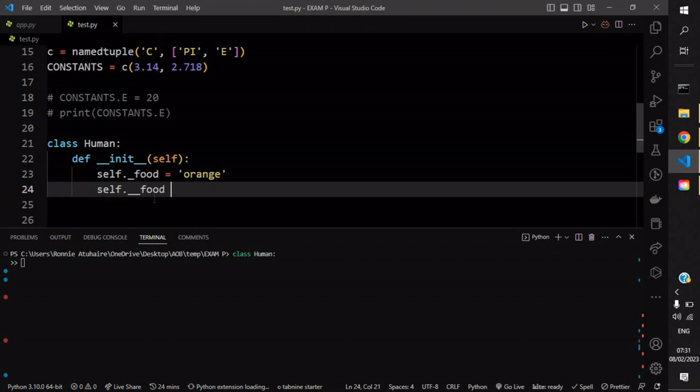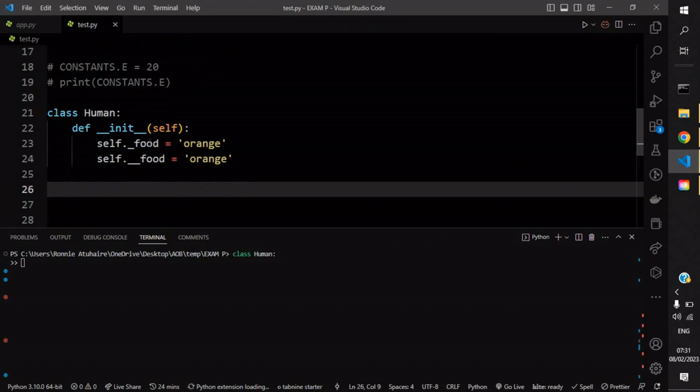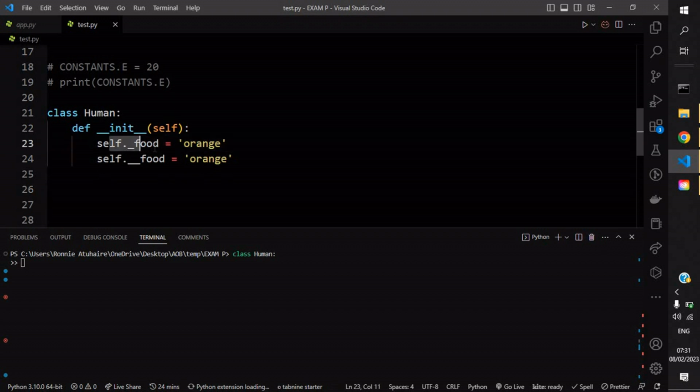So these two variables are different, though they print the same thing, orange. In Python, as in almost all languages, we have public, private and protected variables or attributes. So this here is only accessible within this package, this module, or all instances.